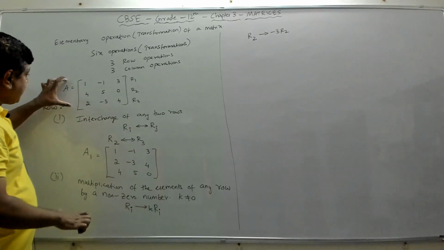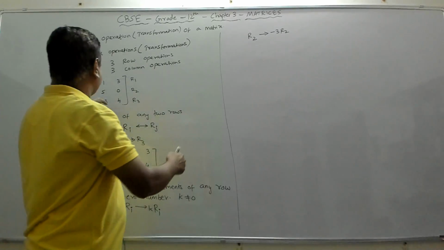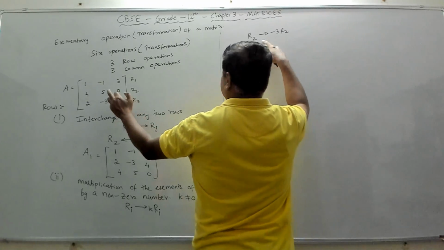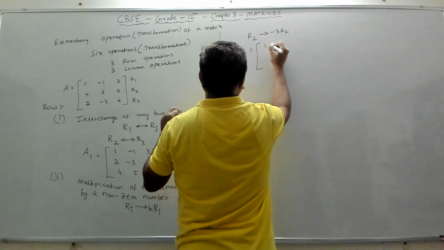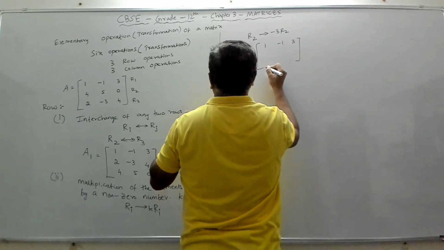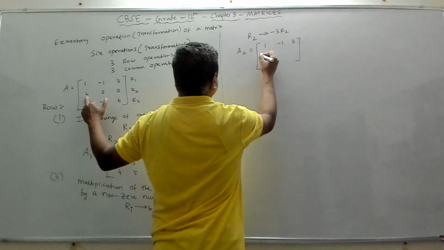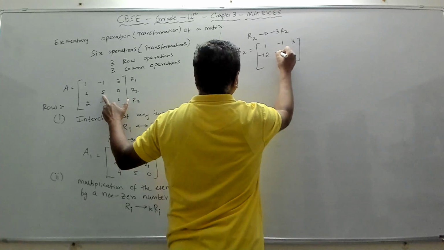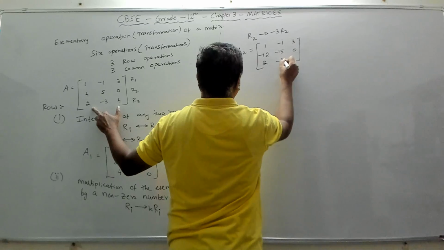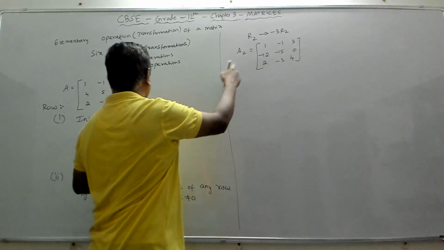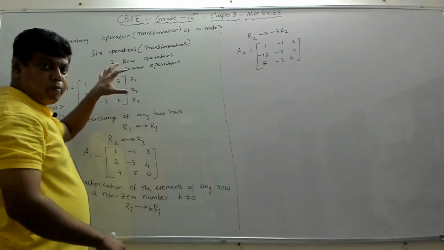I am going to take the same matrix A. I am not going to apply this operation on the result of the previous one; I am going to apply it on this matrix, the same A. If this operation is applied on this, my A matrix will become A2. In R1 there is no change: 1, -1, 3. In R2 each element should be multiplied by -3, so 4 times -3 is -12, 5 times -3 is -15, 0 times -3 is 0. There is no change to the third row; I write it as it is. I am applying this operation on this matrix, not on that matrix. All the 6 operations that I am going to explain, we will be applying only on this matrix.